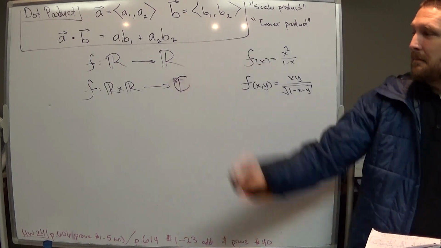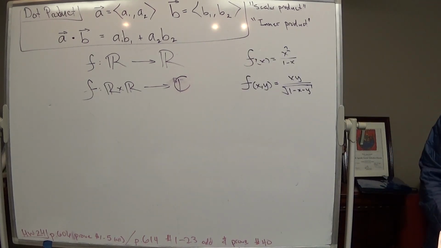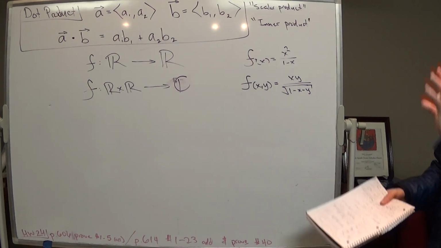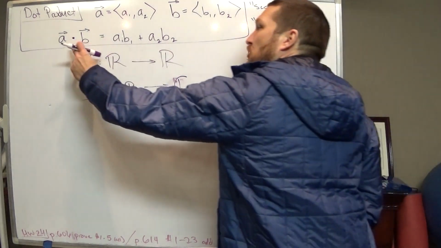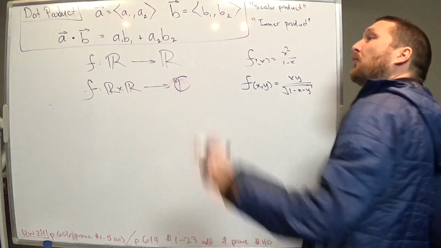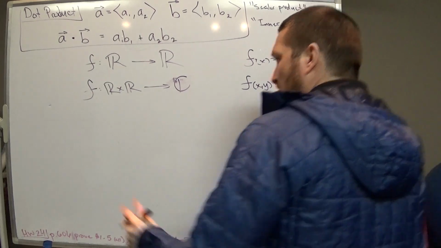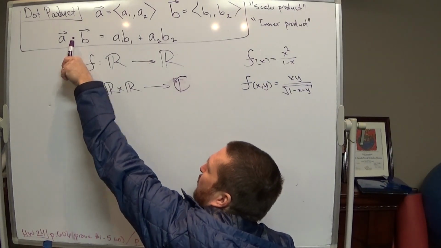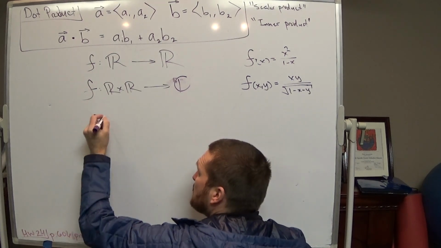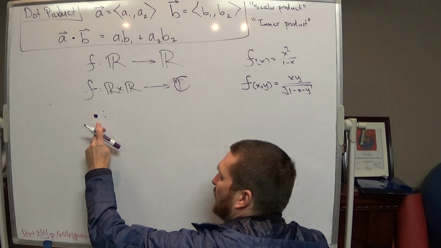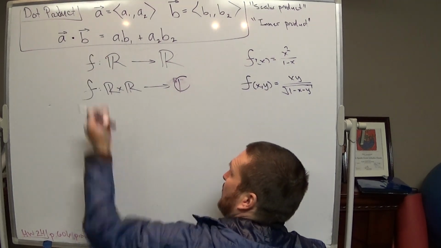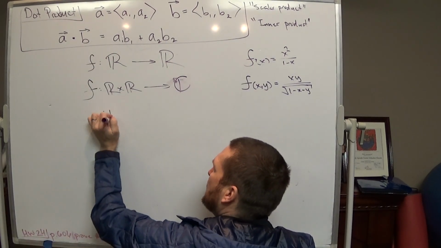The dot product is a map. It's a function that takes in two vectors and gives you back a real number. And so we have a symbol for it. Instead of writing f, I'm going to write dot. And this is what mathematicians do. They say dot is that thing, just like f is that thing. And where does it go from? Well, it takes,